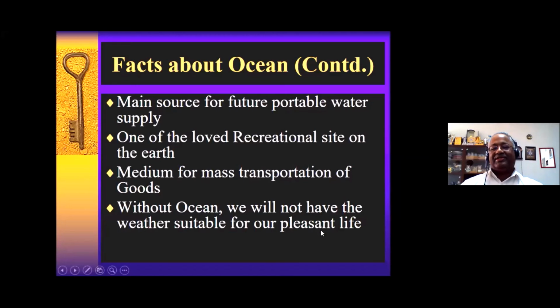If ocean is not there, the temperature of the earth will keep increasing. See, we are not able to tolerate even 50 degrees centigrade when you go out. For example, in Kuwait during summer, if you walk for 2 kilometers, you may fall down by dehydration. 50 degrees. Imagine if temperature goes to 70, 75 degrees centigrade, every one of us will perish like an ant moving in the hot air. So if ocean is not there, all of us will die. Nobody will survive because of the increase in heat.